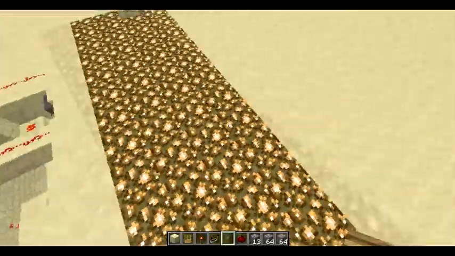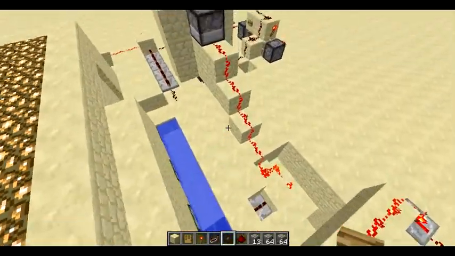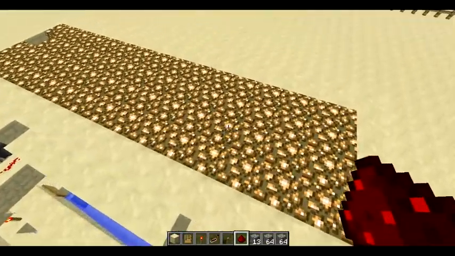So that actually lets them pass through. So that's what that RS NOR latch and T flip-flop is for. Now this line of stuff that I have right here, and the line of